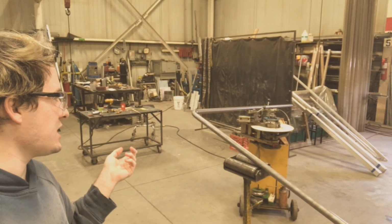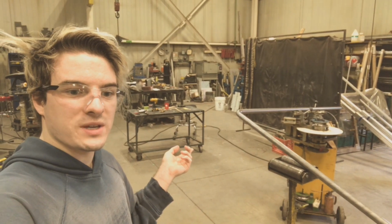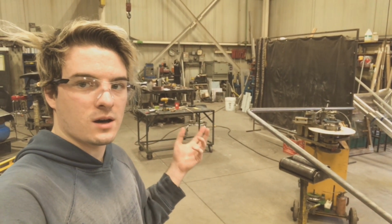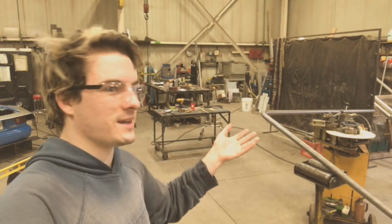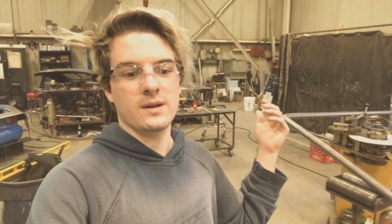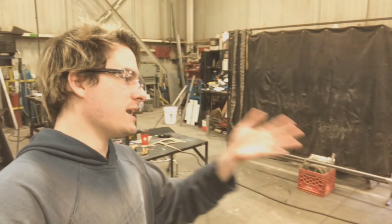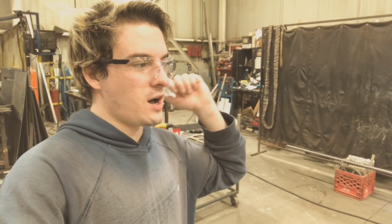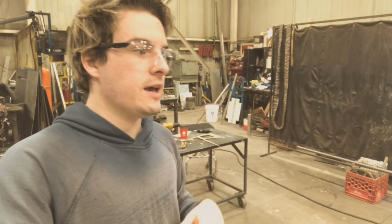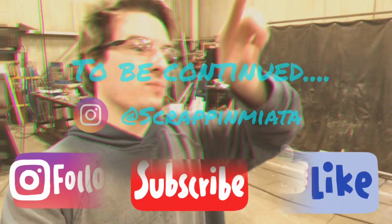This piece is a lot longer than it's supposed to be, but I figured I might as well make it longer so that I can trim it. I don't want to do it and then all of a sudden I get there and it's too short, because this material is very expensive. So that way the offcuts I'll be able to use later on for the little joiners and all that kind of stuff. But I figured one length I can use for the main hoop and that whole front main